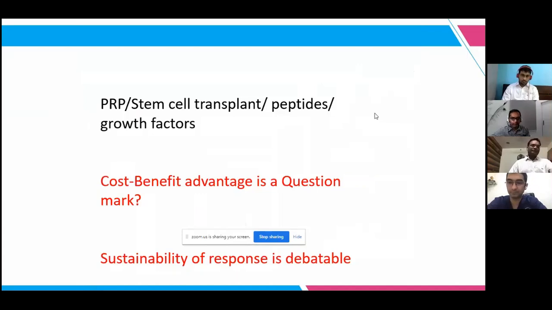Still debates are going on whether these things are effective or not, unless we do control studies, double-blind control studies, not simple control studies. Anecdotal reports, anybody will have. I have treated 10 patients, so I can report. But it is not that. Unless you have double-blind control studies, you won't be able to say that this particular thing is effective.